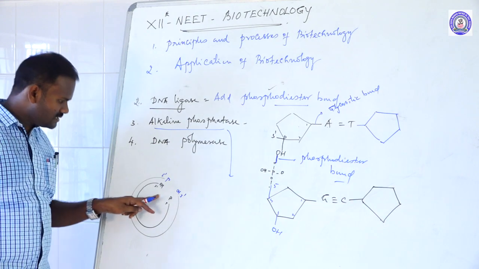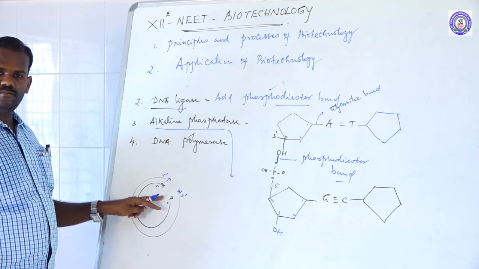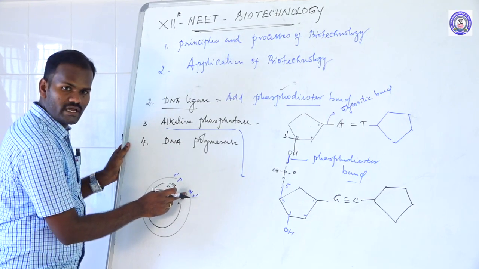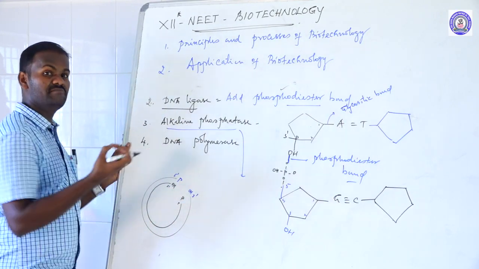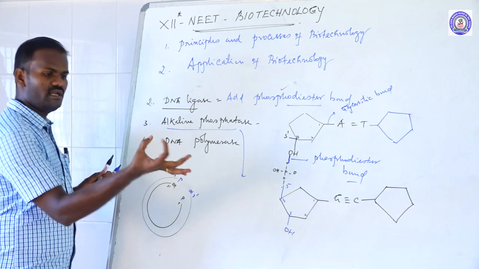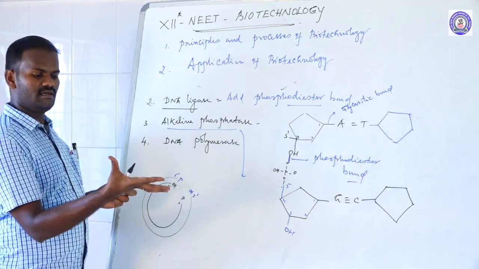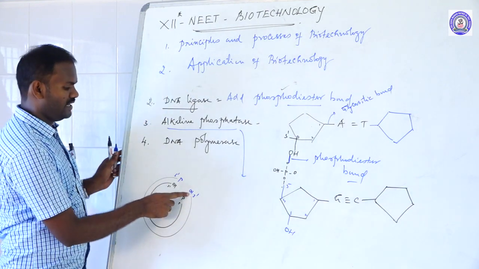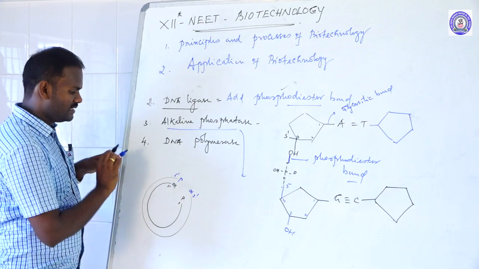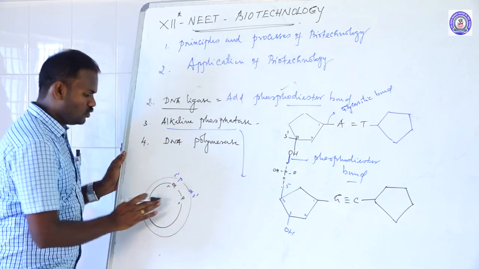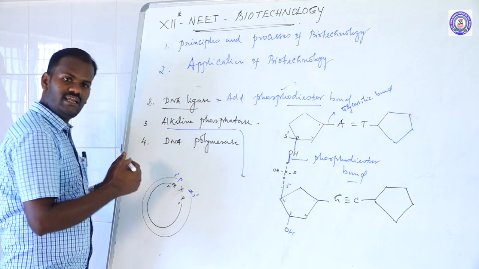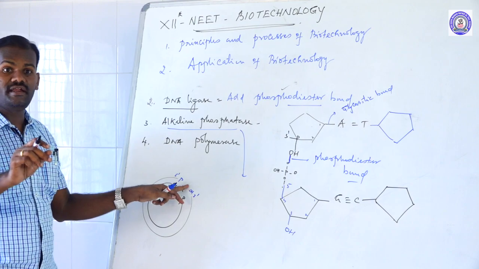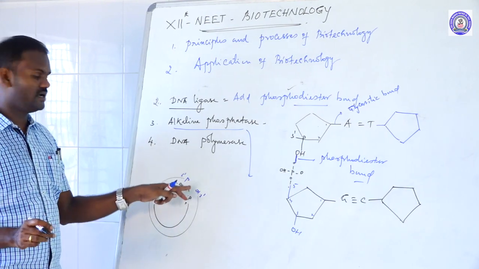If you cut the two strands using restriction endonuclease, due to the presence of phosphate and OH groups, they again self-ligate. See, these are circular DNA. If cut, they become linear. They want to self-ligate because one end is an OH group and the other is a phosphate group. They again get self-ligated. If they self-ligate, it is not possible to attach the foreign DNA, our gene of interest.